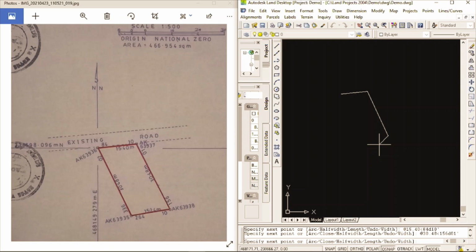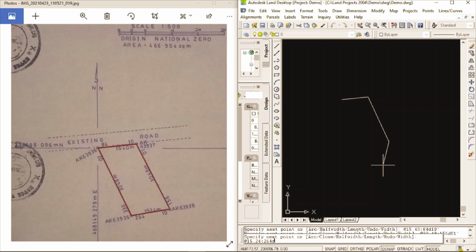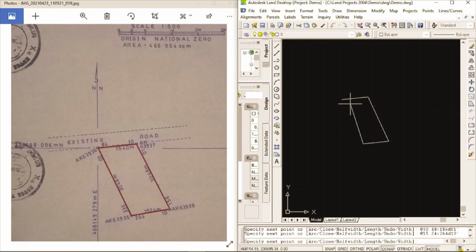So the next one is this traverse leg. We have 15, so we'll go again, at 15.24, less than 264 degrees 10 minutes. All right, since we're going back to the origin point, we don't need to type in